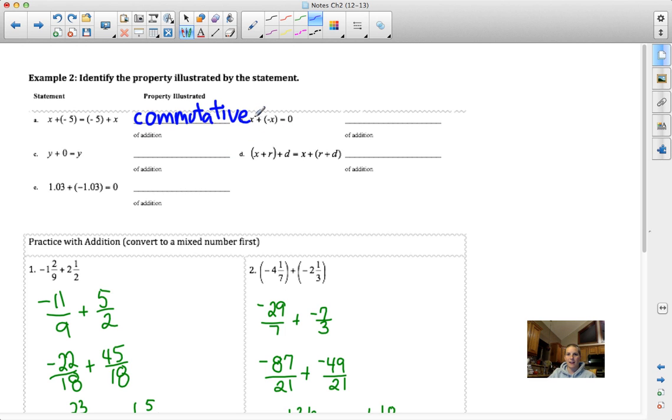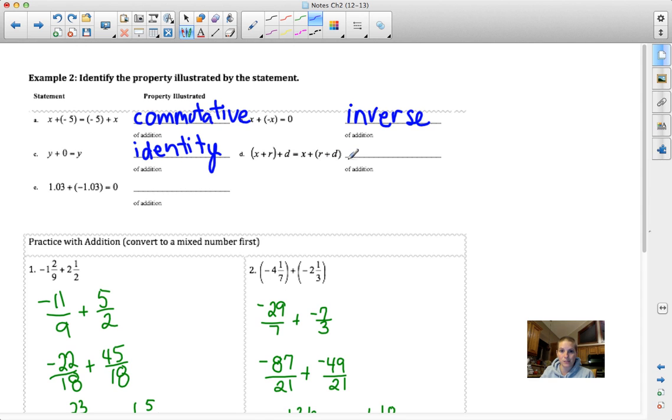In letter B, x plus the opposite of x. That's the inverse property. Inverses are the tools that we use to undo something. The inverse property of addition. Letter C. We've added 0, so that is the identity, right? We maintained our identity. Now when we get a set like letter D, when you have more than 2 items on your list,